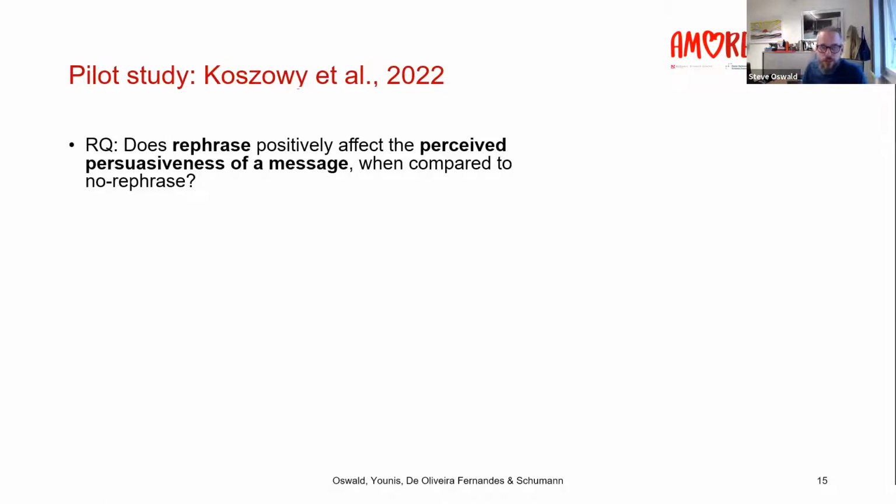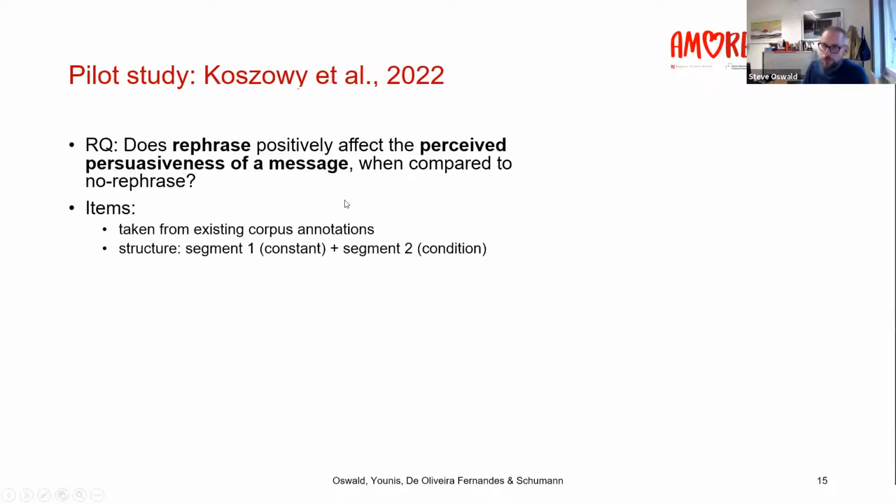And basically we were interested to know whether people perceive something odd or different about rephrase when compared to no rephrase. So we took items from the corpora that our Polish colleagues had identified and annotated, and we isolated statements with this structure: segment 1, which was kept constant in all conditions, and segment 2, which was instantiating a rephrase or a no rephrase. Our conditions were rephrase. We had two types, generalizing and specifying. So something like